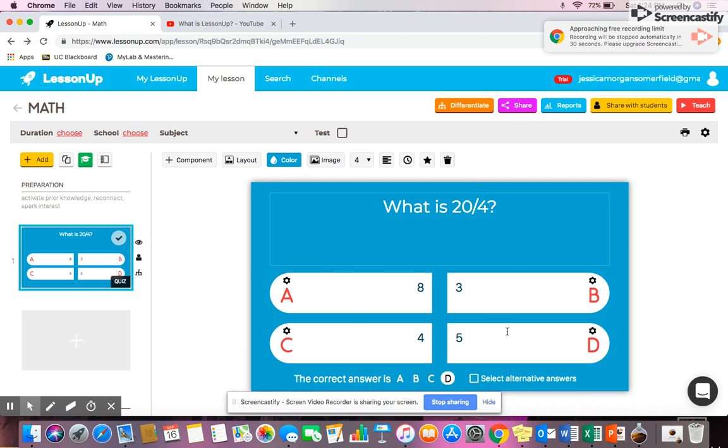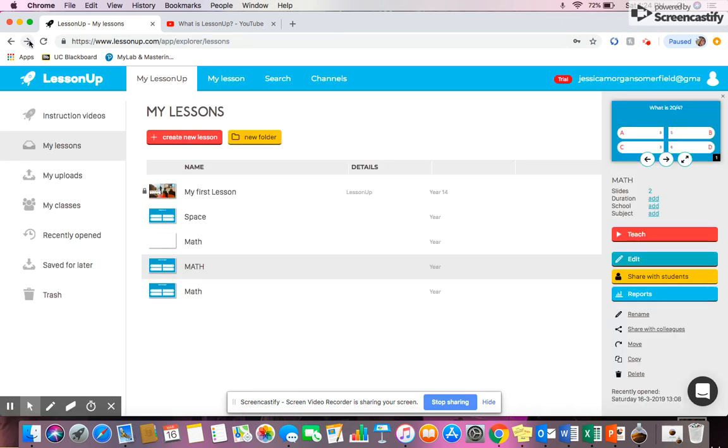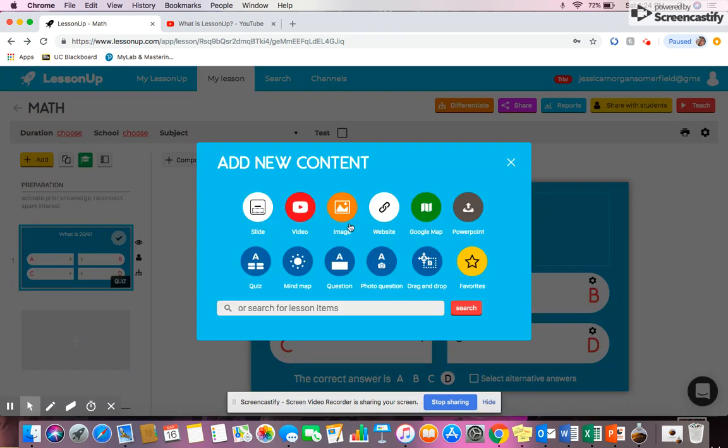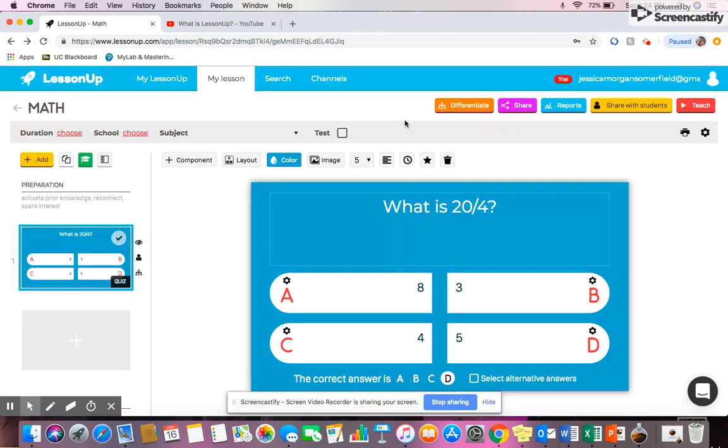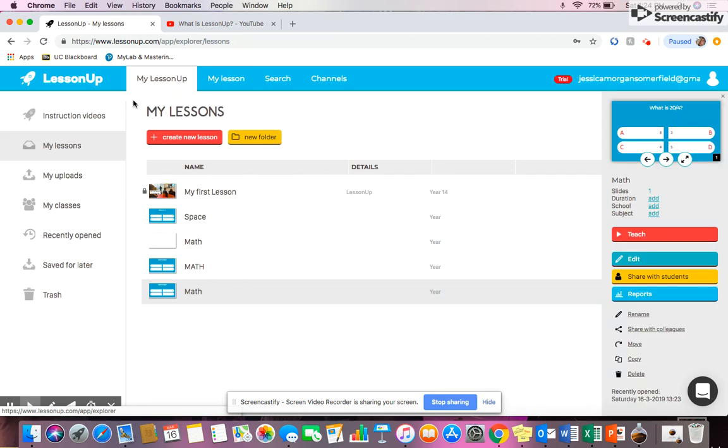So each student will be sent this, which is really awesome, and then you can see the scores of each student, which I really love. And then if we go back, if we hit add, then we can do any of these. So you could do quiz, you could do video, which I think is awesome. You can upload yourself or search from the internet. And the one other thing I really like is in this area, you can hit instruction